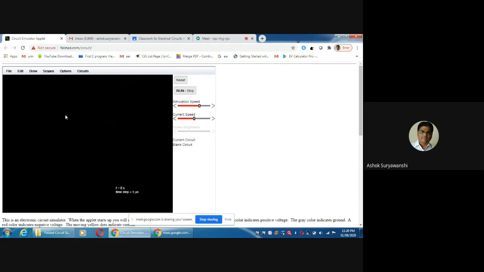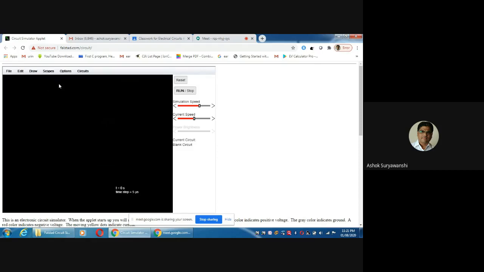Now we'll start with the first circuit from assignment number 1A. After demonstrating a couple of circuits, you have to simulate all the circuits given in 1A and 1B. There are 4 circuits in 1A and 4 circuits in 1B. You know the answers of those circuit analyses, because they were given in the assignment itself. Here you can simulate and see those answers, so your answers should match. That is what we call verification.